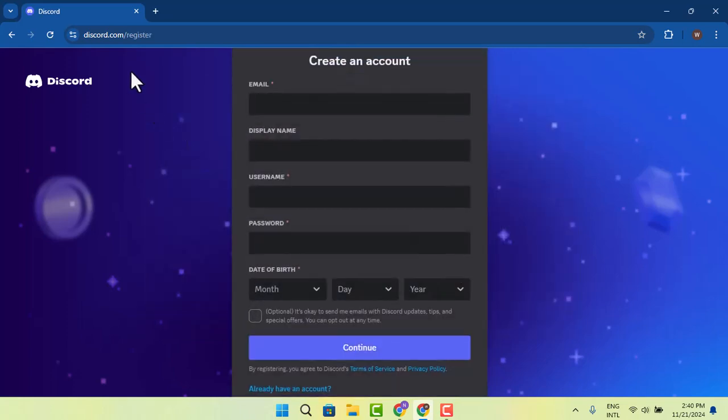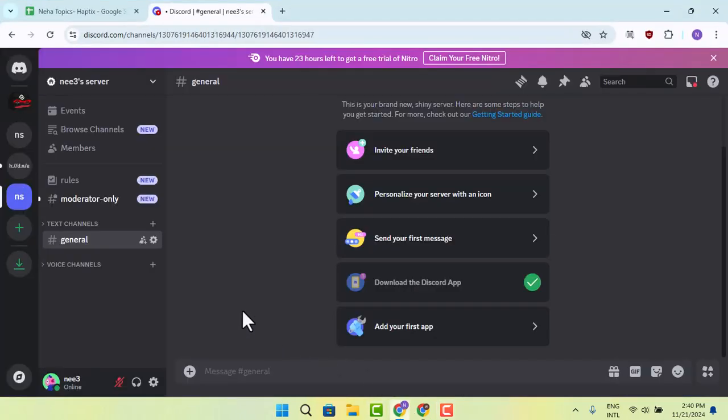underneath. Here you want to type in the email address that you want to register with, then create a display name, set a username and then a password, and enter your date of birth, after which you'll receive a verification code on your email, which you need to press, or you'll be able to enter it, and with that it will mark you've successfully verified your Discord account. Once it is verified, it's going to take you to the home page, which will look something like